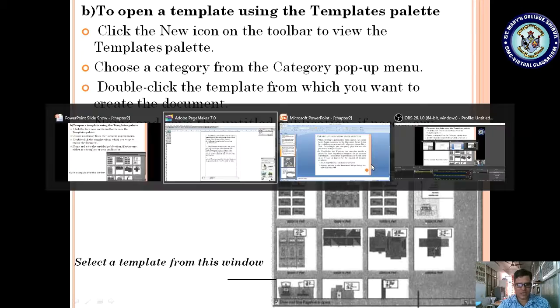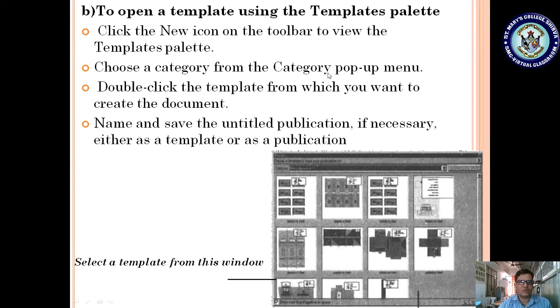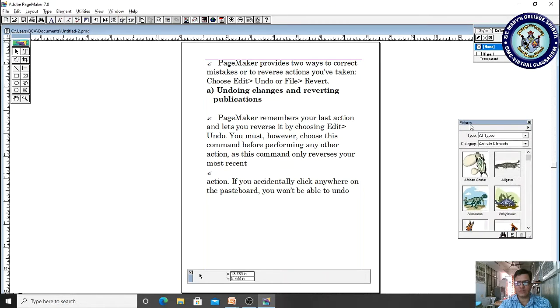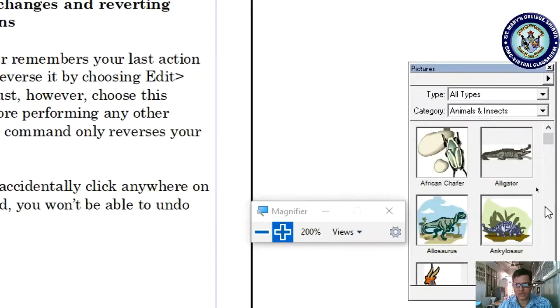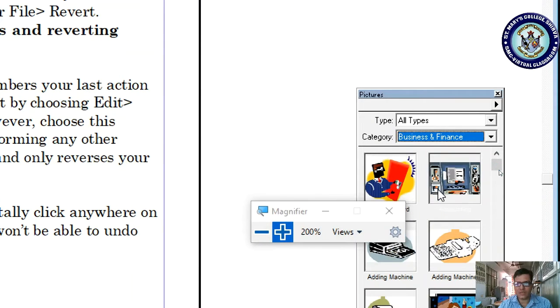Let us try how to take this template palette, where we have to click the new icon in the toolbar to view the template. So it is new, right? Here the template palette is there. These are the pictures, and here the categories are there. Here you are observing the picture palette, and you are seeing some of the palettes in this palette.